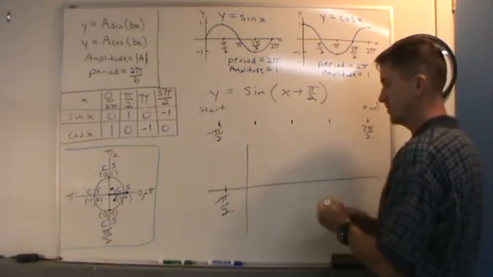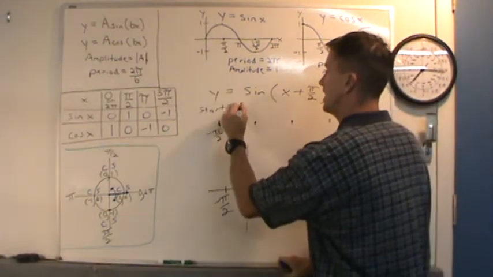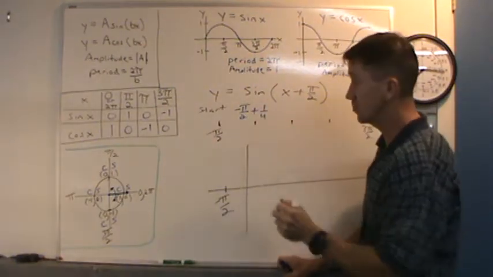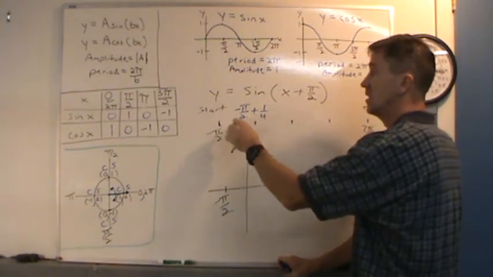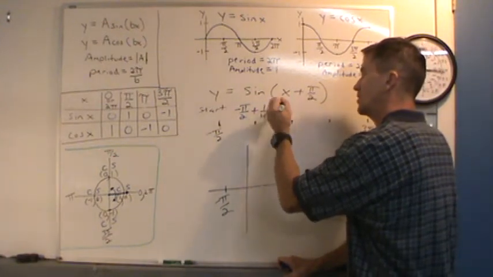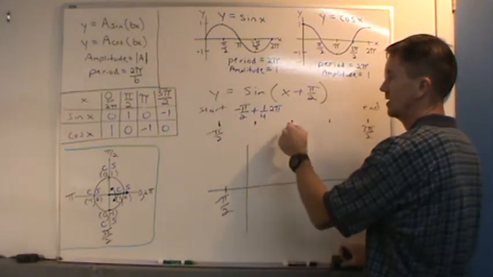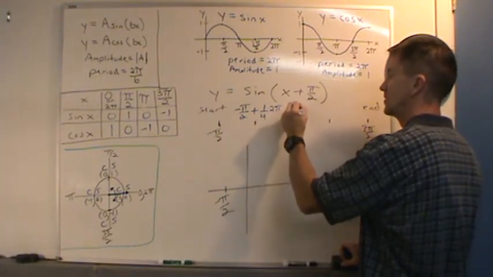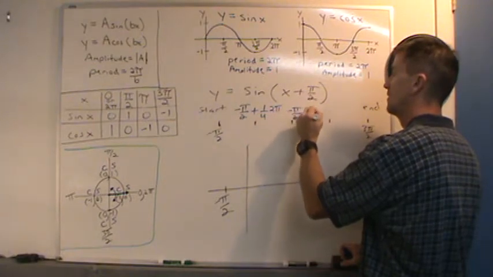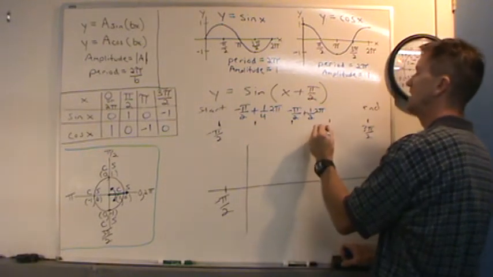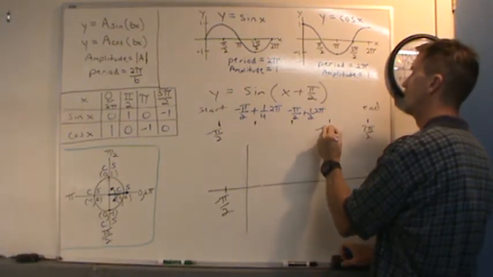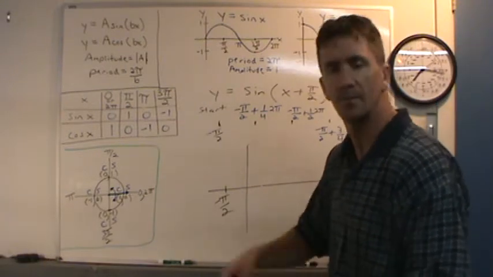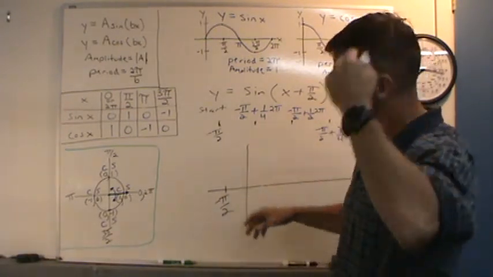Well, to get this value around, what we have to do is say, what's negative pi over 2 plus 1/4 of the period? That's what we're going to have to do to find that value. So negative pi over 2 plus 1/4 of the period 2 pi. And that's what that tick mark will be. This second tick mark right here, from the initial position of the cycle, will be negative pi over 2 plus 1/2 2 pi. This one will be negative pi over 2 plus 3/4 2 pi. So before, when I was doing 1/4 the period, 1/2 the period, very similar here, but